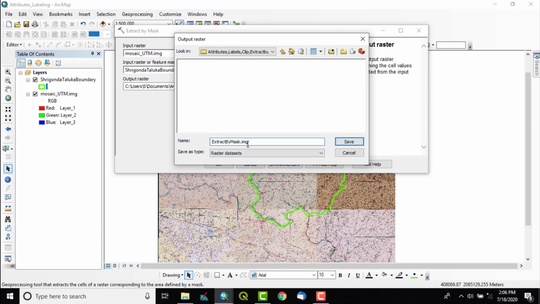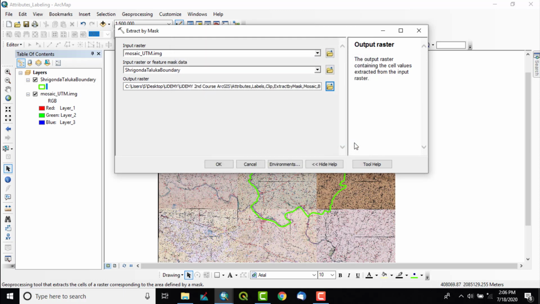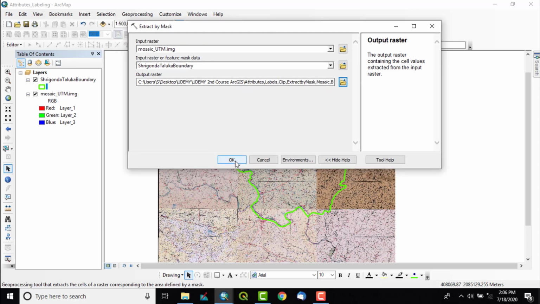So .img is the extension, imagine image. So by default only .img is there. So that's why I have given the same. Or we can change the file format, no doubt. We can also type .tif to give the format as a TIFF. Save. So simply we have to do these only. It's very simple, and just click on OK.